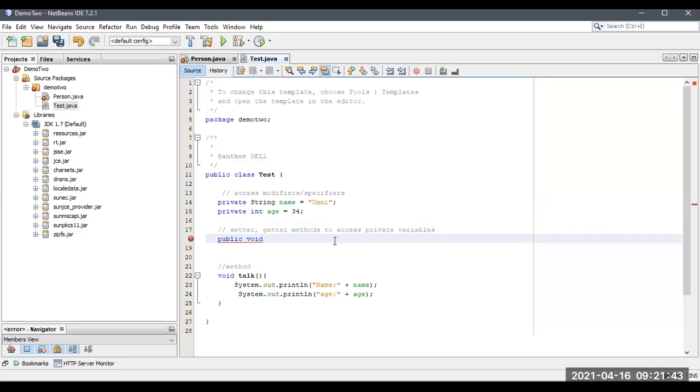Public void, because we are going to access a name: setName.